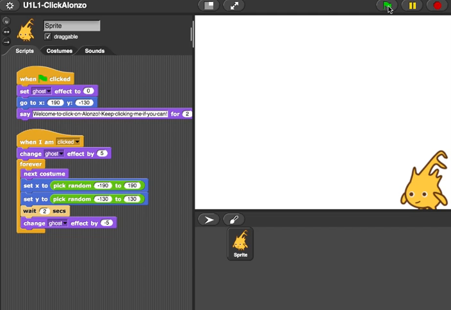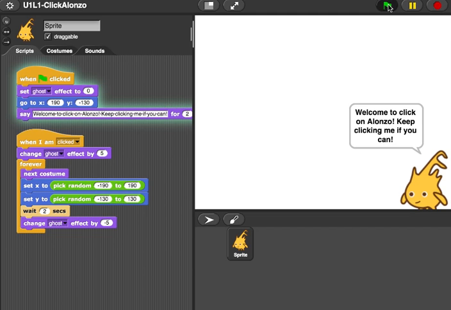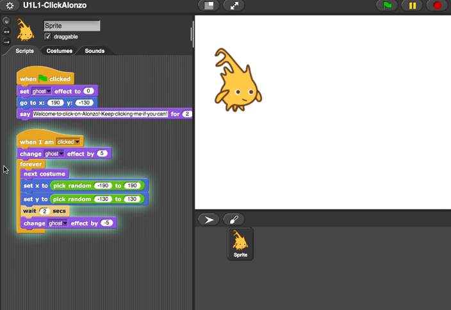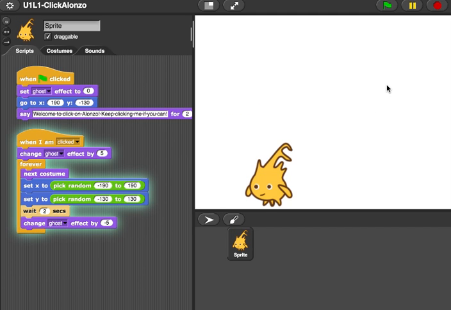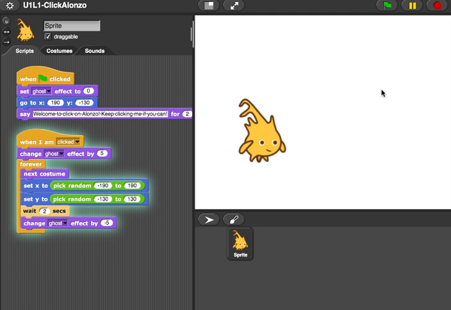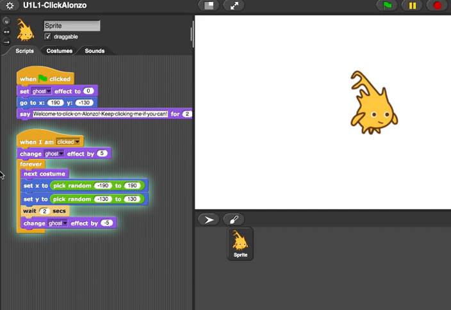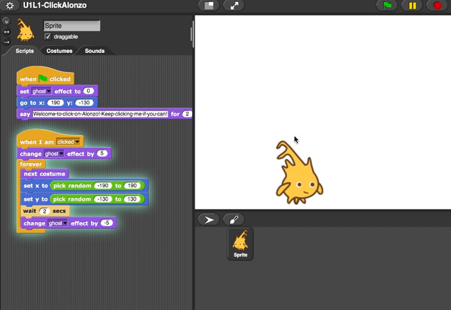But let's run the thing, and you'll kind of see what's going on. So I'll click the green flag, welcome. So every time I click him, you can see now this is highlighted. I'm in this forever loop. He jumps every 2 seconds. He jumps to a different location. Now I'll click him a few times, and you'll see what happens. Every time I click him,